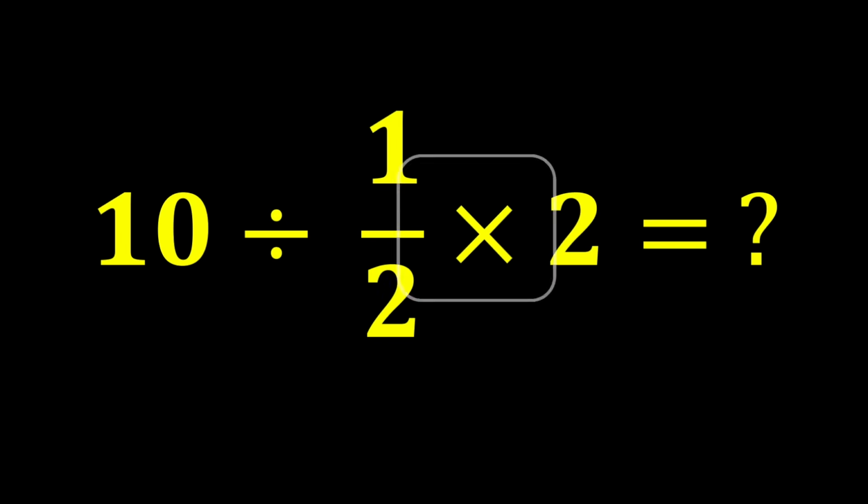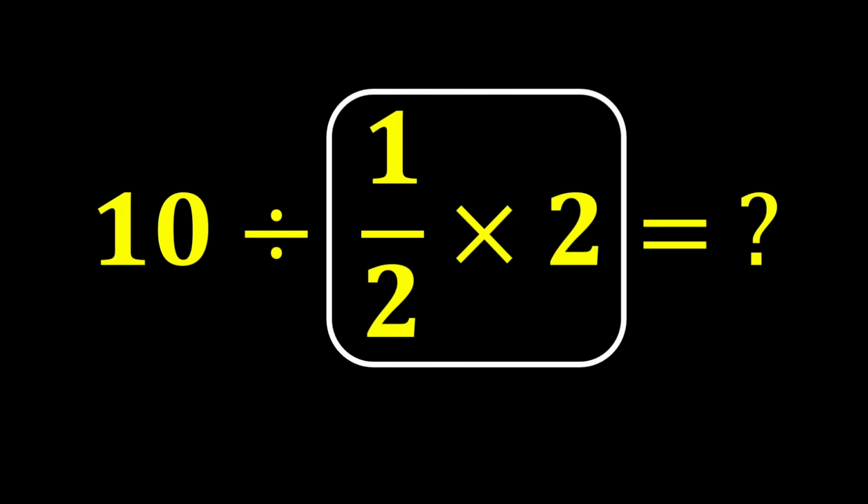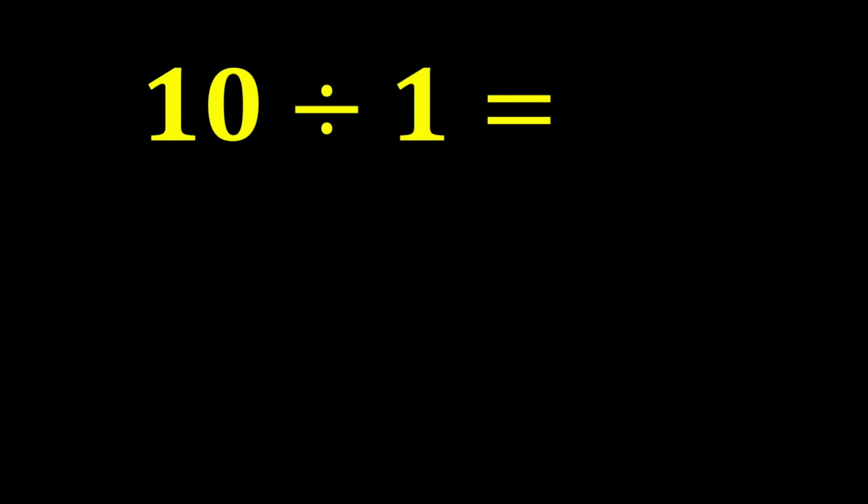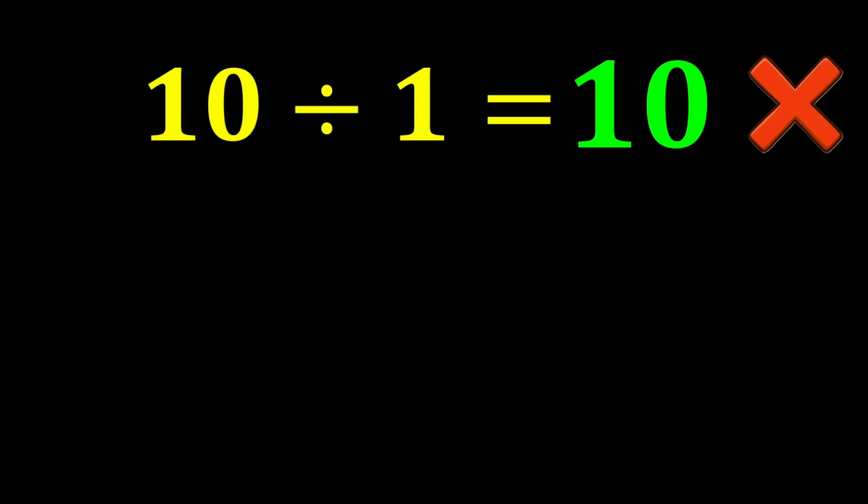First, we perform this multiplication, 1 over 2 times 2. This 2 and this 2 cancel each other out, and only 1 remains. In the end, 10 divided by 1 gives us 10. But this answer is not correct because we did not follow one of the most important rules in mathematics called